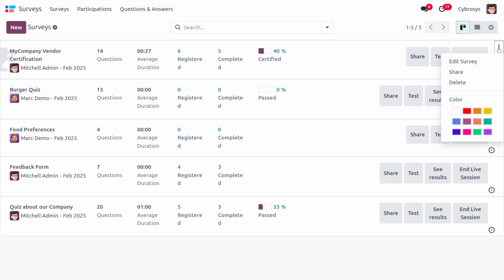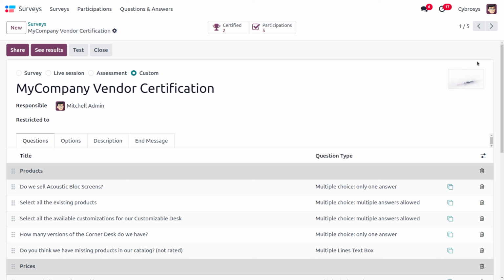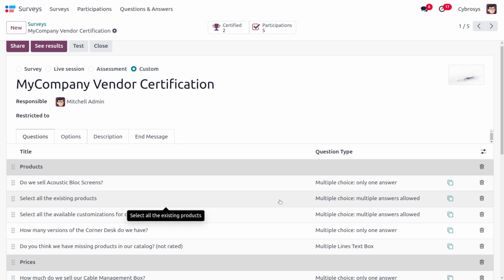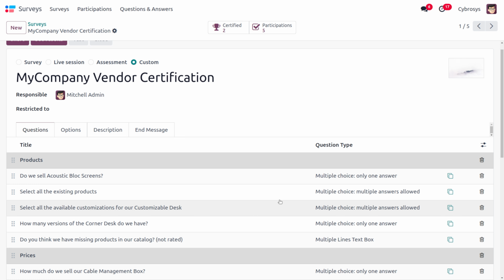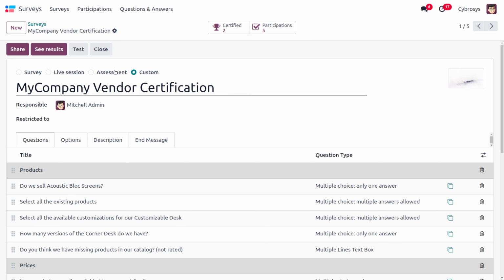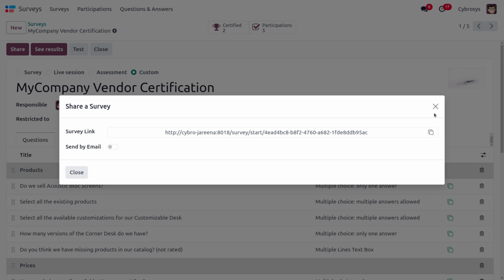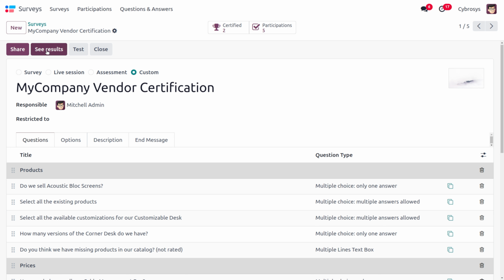So as you just move on to the three dots here, you can find edit survey. So when you click on that, Odoo reveals the whole survey form for that particular survey, which can then be modified in a number of different ways. And in this case, you can see that we can share this, which means we can share the survey using the link which we have explained in the dashboard, and we can also find the results. And if we want to test this, we can also do that. And if we want to close this, we can also close the survey.